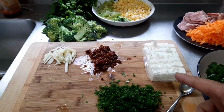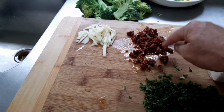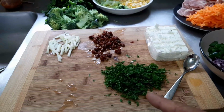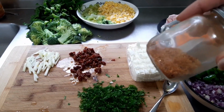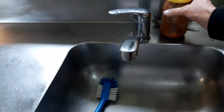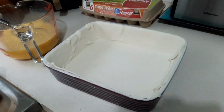I'm going for a block of feta cheese because they were on special. This here is sun-dried tomato, cut up little, and that's garlic, parsley, and that is a chili something or rather spice mix that I've made up. The other thing that I'm going to do is that's a little bit of casandi. I'm going to throw that in the egg mix, more flavour, and the whole lot's going in there. Okay,